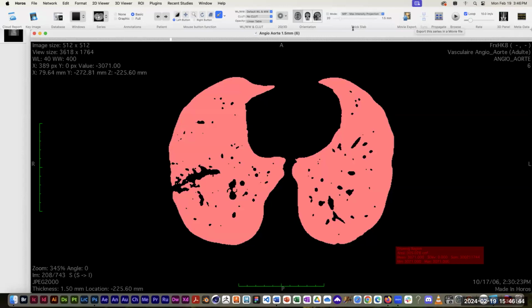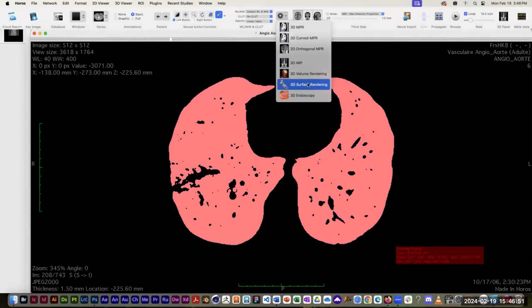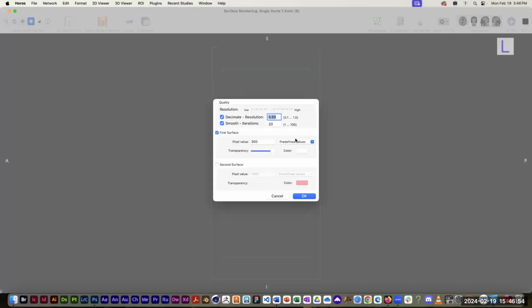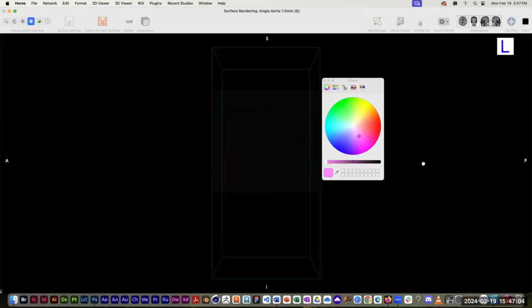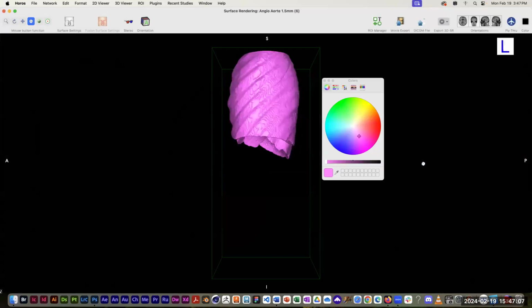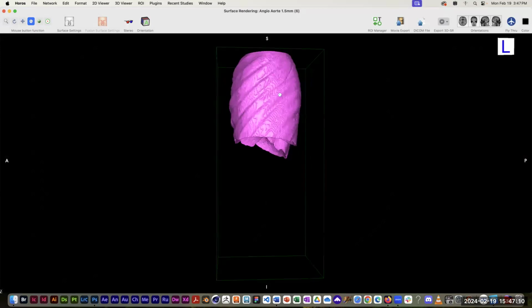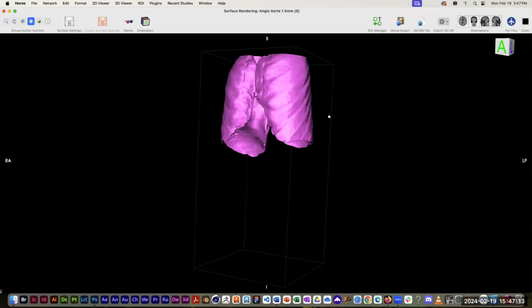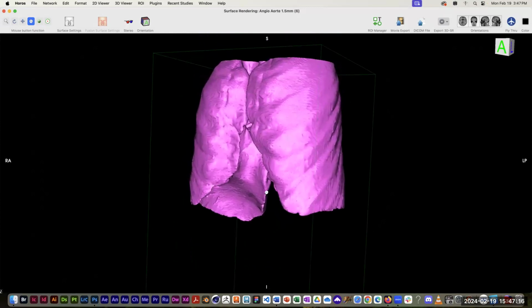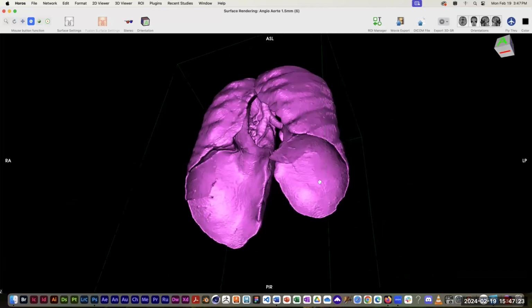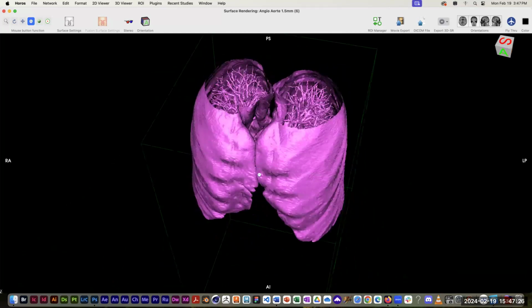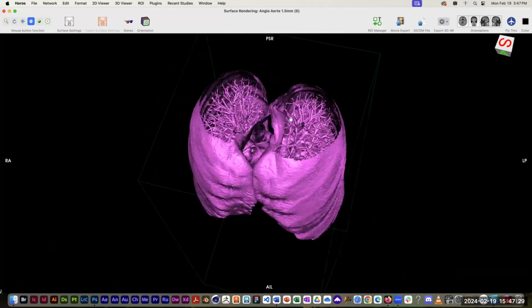Now I go to my 2D, 3D menu, make a 3D surface rendering. Once again, we're going to choose skin, give it a kind of a lung color. And I've got a 3D model of the lungs. And if you look up inside, you can even see the trachea and the bronchi. And if I look at the cut section up here, you can see the branching of the bronchi and the pulmonary arteries and veins as well,